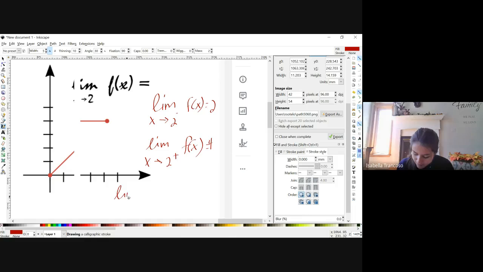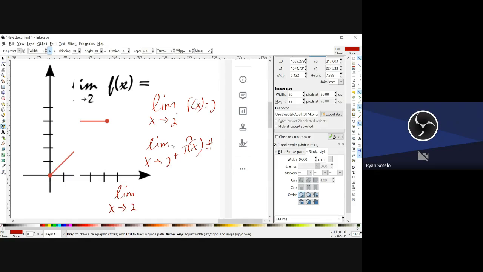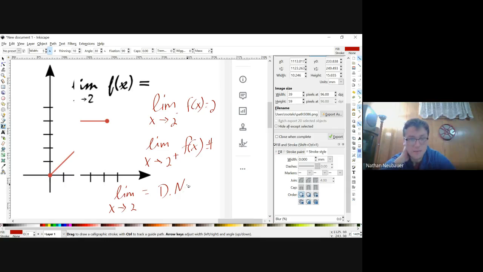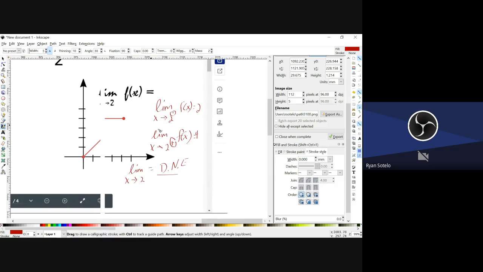Right. Okay. But we'd still have to write this, right? Or can we just write doesn't exist? No, you don't have to write that. You could just write does not exist. But if we wrote 2 and 4, would you take that? Only if you put these things here, that would be correct. But the two-sided limit does not exist. These are just there to see if it does exist. They have to be the same and they have to agree. Is that okay?